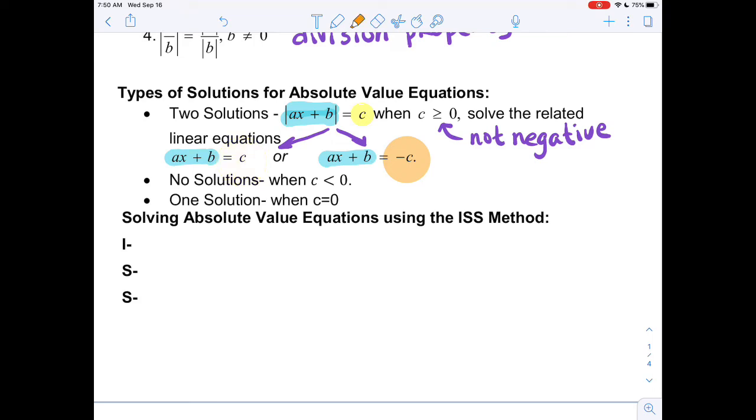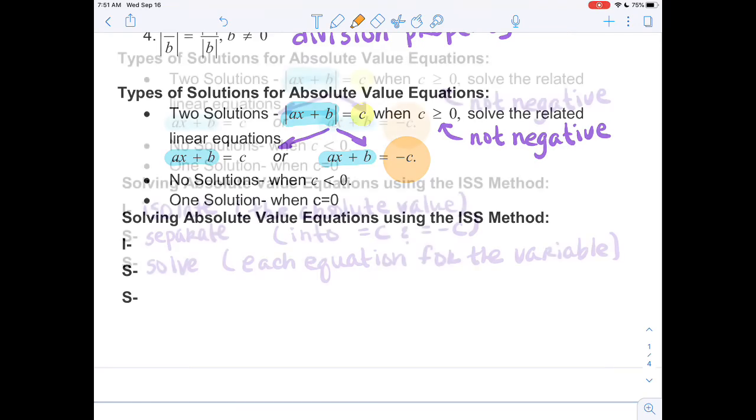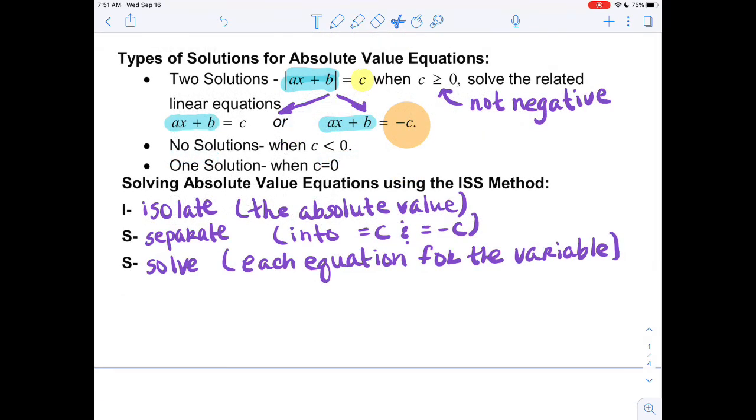As I mentioned, we have no solutions if c in our original equation is less than 0. We'll also have one solution when c is equal to 0 because there is no such thing as a positive and negative 0. In order to solve absolute value equations, we are going to use a method called ISS for short. It stands for isolate, separate,